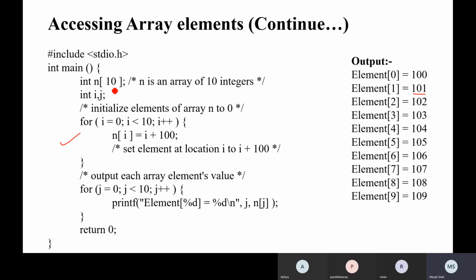Because we are not initializing the array at the time of declaration. Then after that we are going to print it, element of %d, and j, that is 0. So element of 0 is equal to n of j, that is n of 0, so that is 100, 101 to 109. Fine.